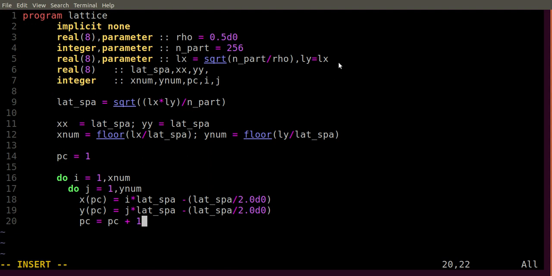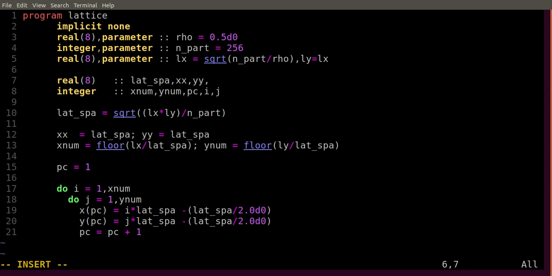So x and y are basically two real type arrays, of dimension n part, because we have n part number of particles, x and y.